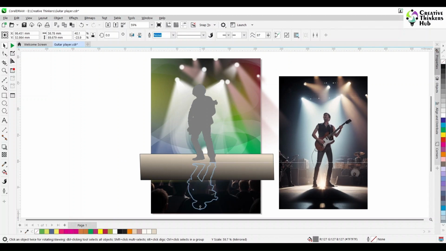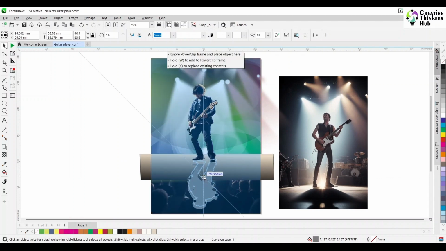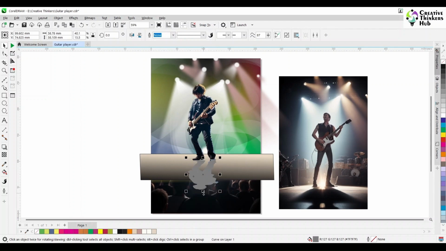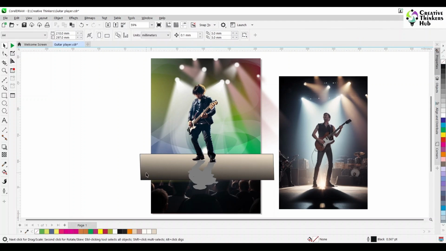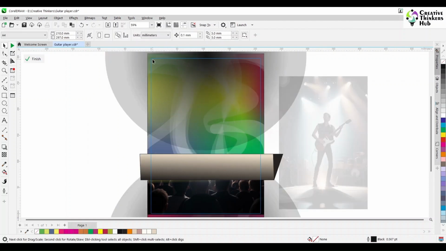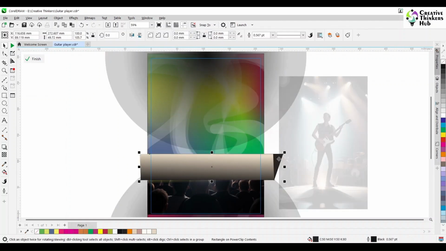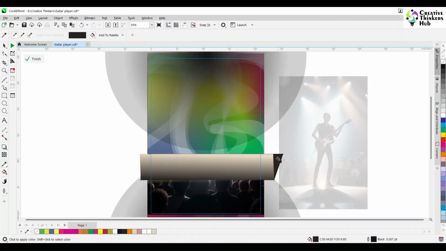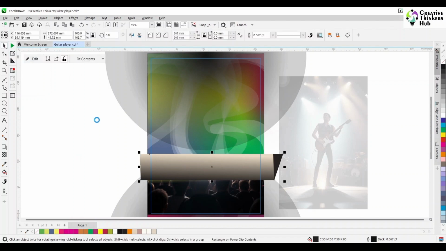And flip it and keep it here. So this is our shadow. Okay. That is coming from behind the light. Okay. We take this behind